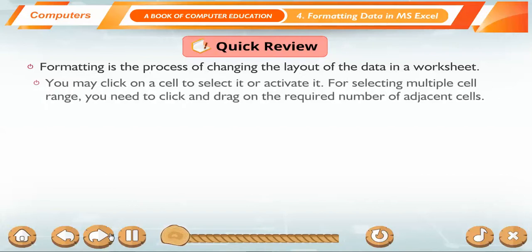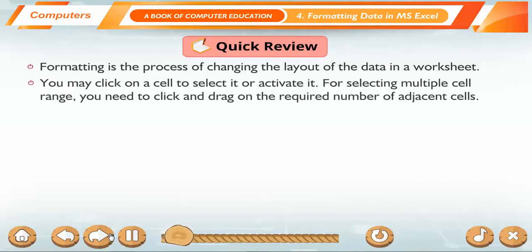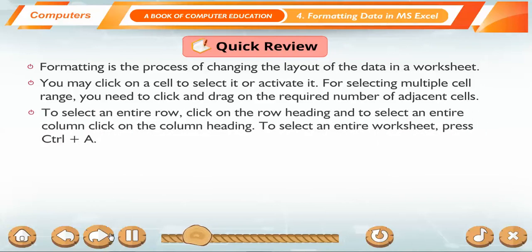Quick review. Formatting is the process of changing the layout of the data in a worksheet. You may click on a cell to select it or activate it. For selecting multiple cell range, you need to click and drag on the required number of adjacent cells. To select an entire row, click on the row heading, and to select an entire column, click on the column heading. To select an entire worksheet,